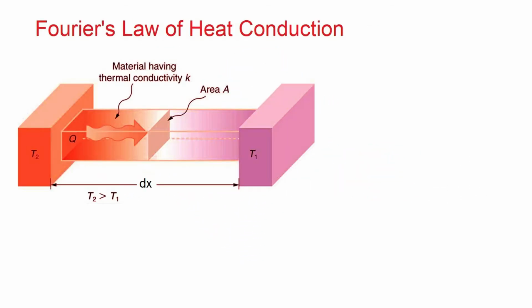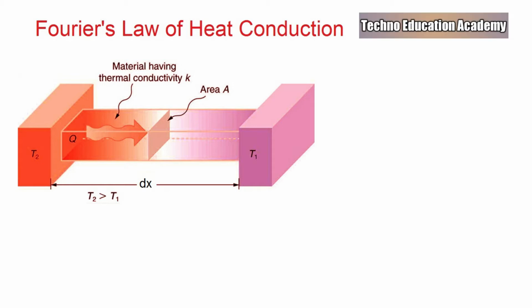According to the statement of Fourier law of heat conduction, Fourier law of heat conduction is an empirical law based on observation and states that the rate of flow of heat through a simple homogeneous solid is directly proportional to the area of the section at right angles to the direction of heat flow and to the change of temperature with respect to the length of the path of the heat flow.